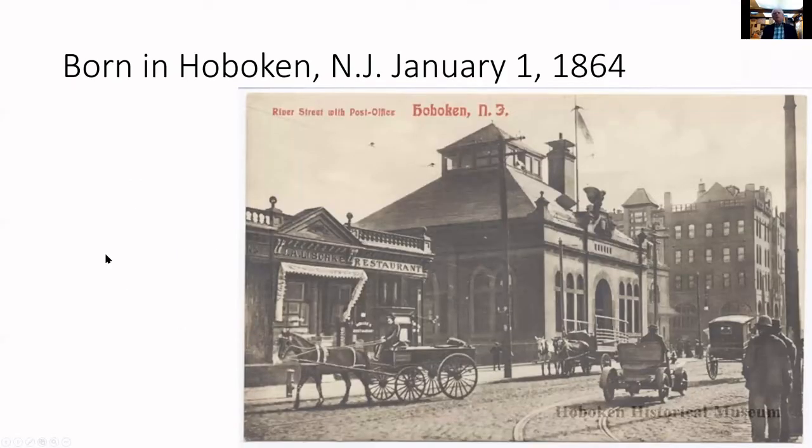So anyway, Hoboken in the 1860s was like a lot of places on the coast, lots and lots of immigrants, lots of industry, lots of jobs. And his father came here to work at his brother's business. His father was a very highly educated, sophisticated man, as was his mother, and they were both immigrants from Germany. And Germany at the time, interestingly enough, was one of the most progressive places in the world. And he came here not because he didn't like the situation. He came here because the job opportunities were so good.